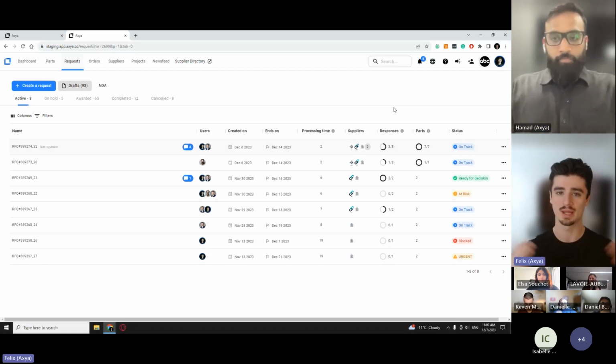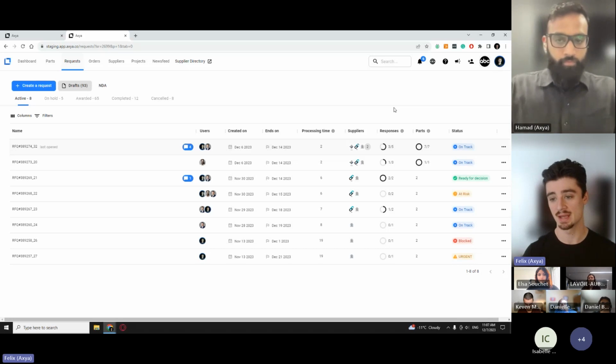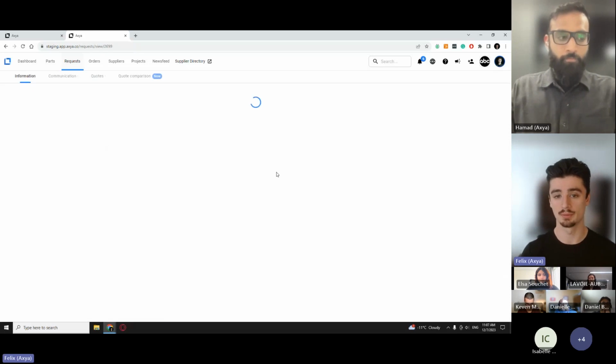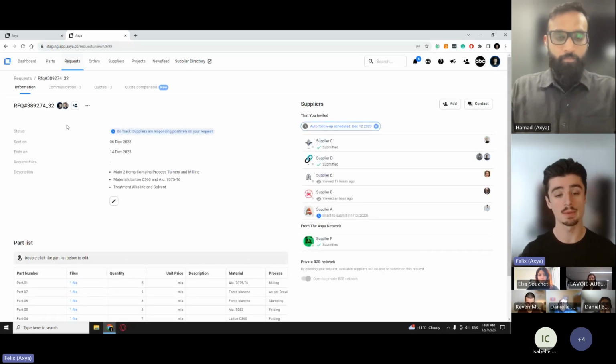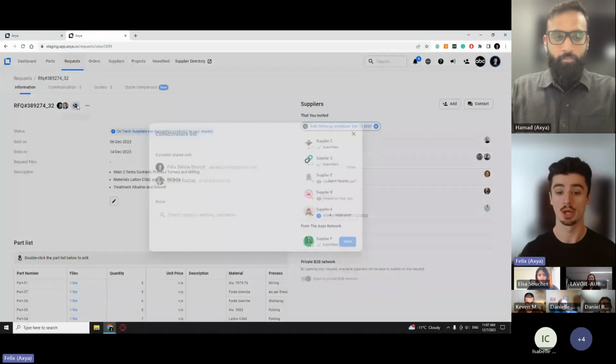Definitely. So it's a great way to collaborate, prioritize, and it's really appreciated by the users. If you look at the different ongoing requests, we'll dive into an example of one to see what it would look like. As we mentioned, you have your collaborators, but if for whatever reason you want to add another person,